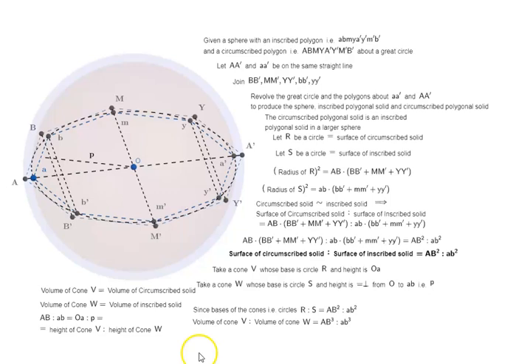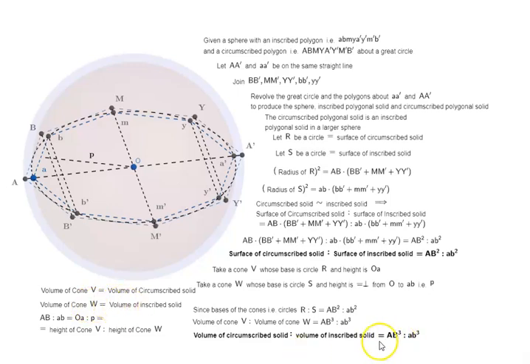So which means that the volume of cone V is to volume of cone W is equal to AB cube is to AB cube. Because the height of cone V is to height of cone W is again equal to AB is to AB. So volume of the circumscribed solid is to volume of inscribed solid